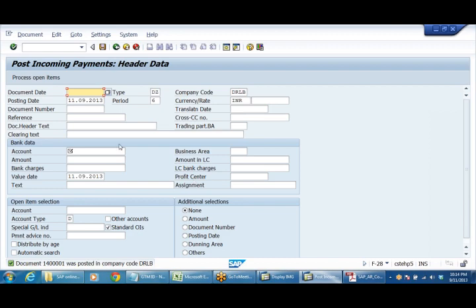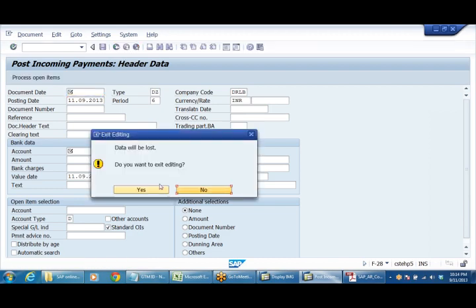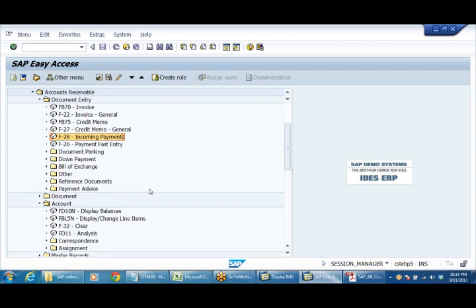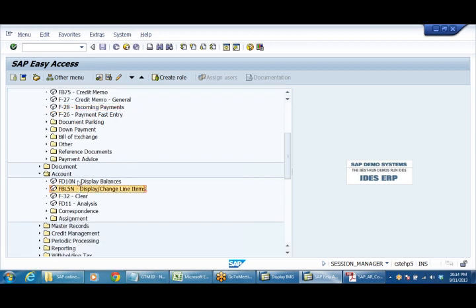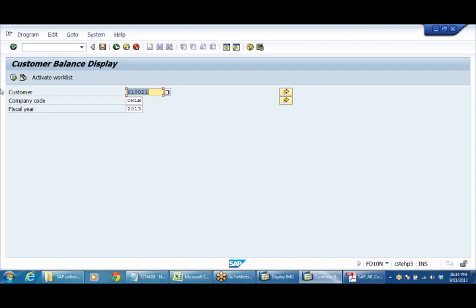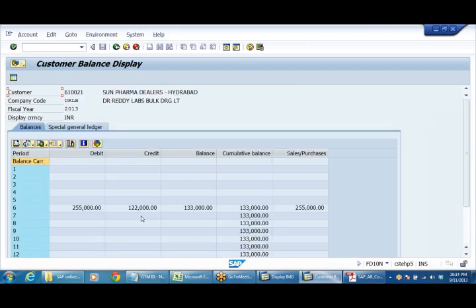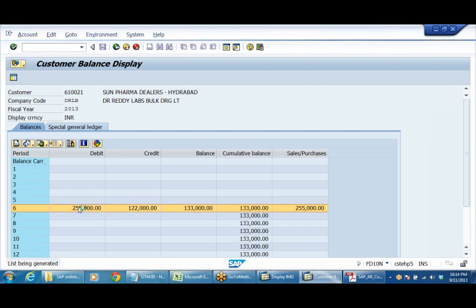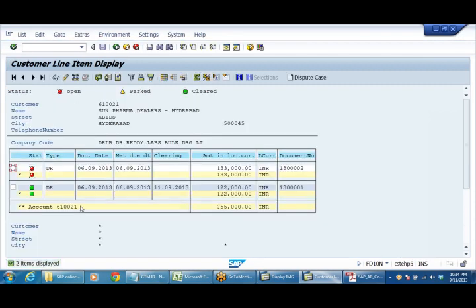Now the document is posted. Let us see the account in FBL5N. See, the 1,22,000 payment is created. If you double click on the debit column, it will show the debit amount. The 1,22,000 debit amount is showing green because it has been cleared.